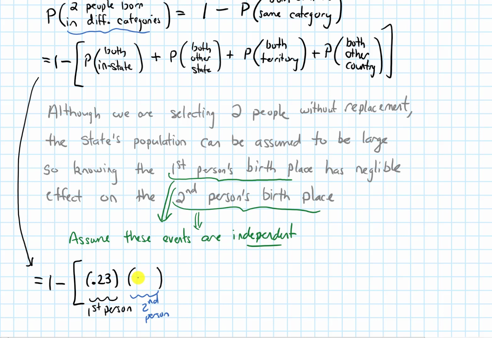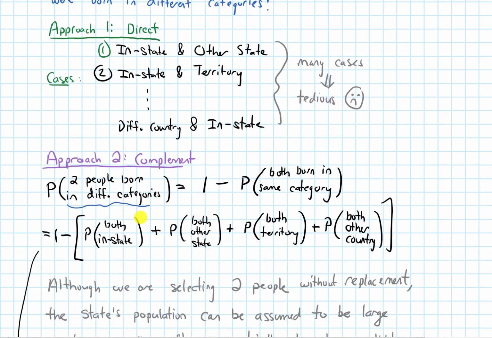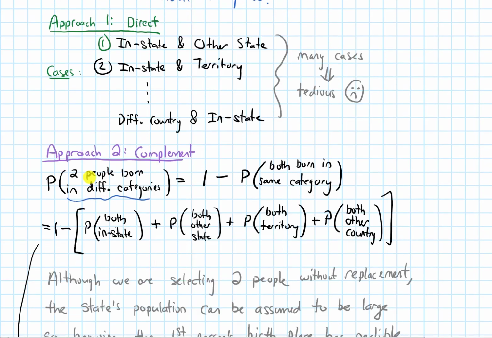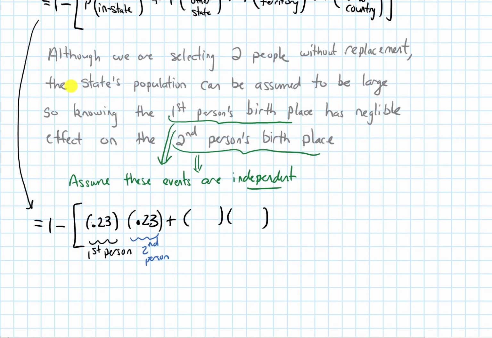The probability that they were born in state is 0.23. If I continue in that way, for the probability that they were both born out of state, I'm going to multiply the same number by itself. The problem told me that the probability someone was born in a different state was 61%, so 0.61 for the first person,